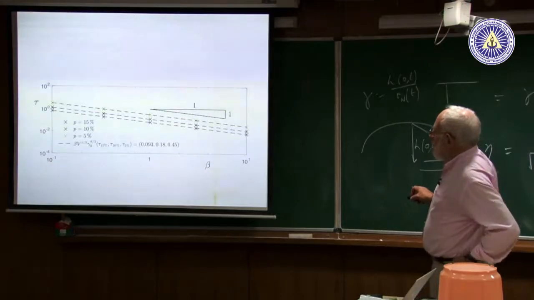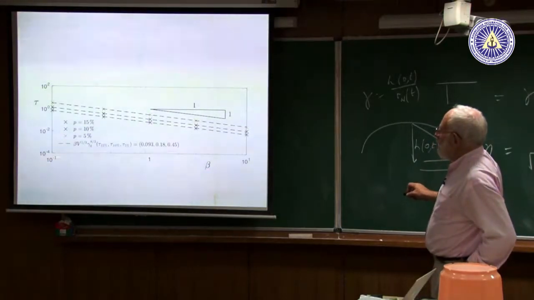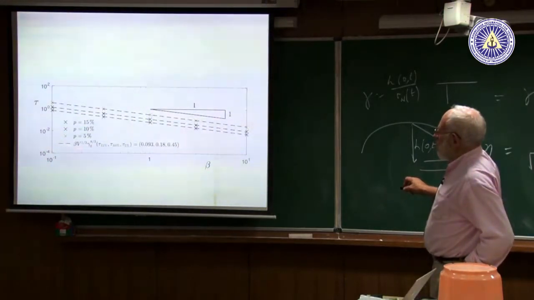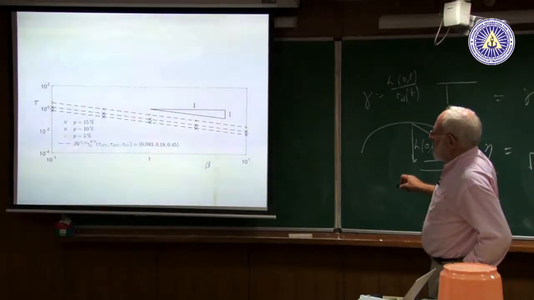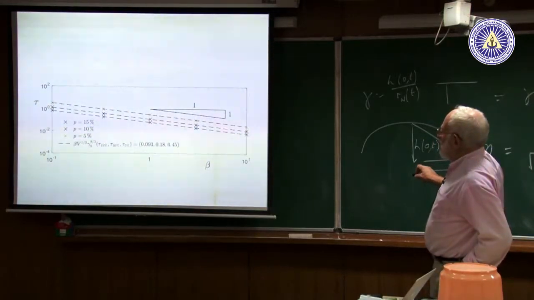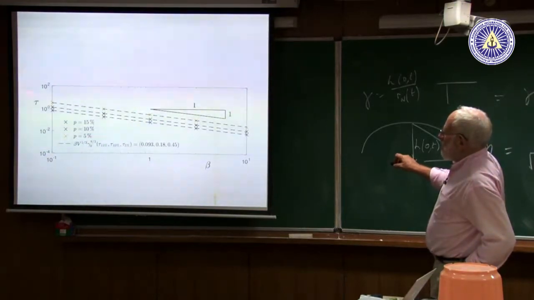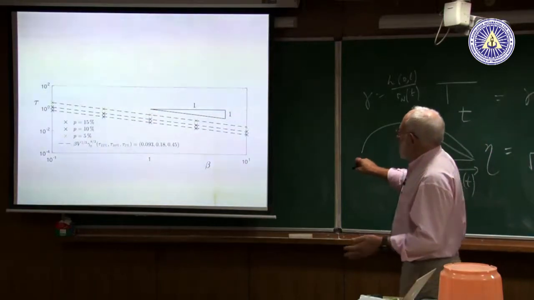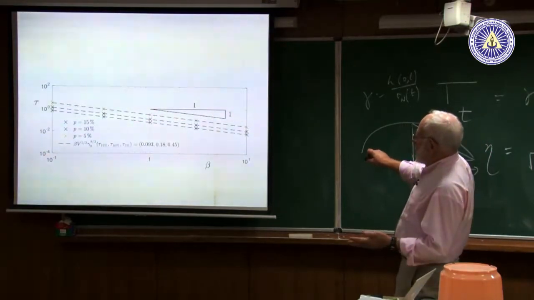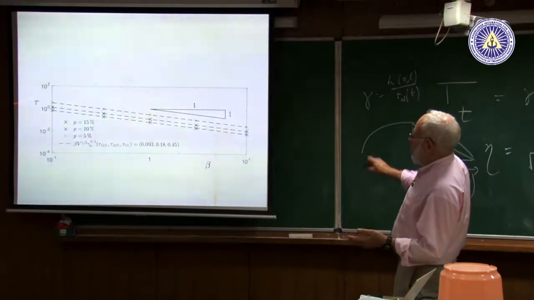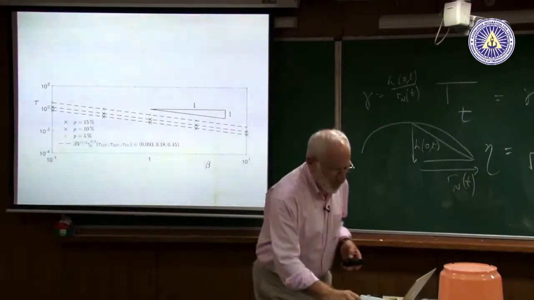Now we'll have a look at how it varies with beta. The time is meant to go like the inverse of beta, and you see that's exactly what happens. And again, if you want to be 5%, it takes you longer than if you want to be 15%. And these numbers are, well, irrelevant really. They just detail how big it is here.